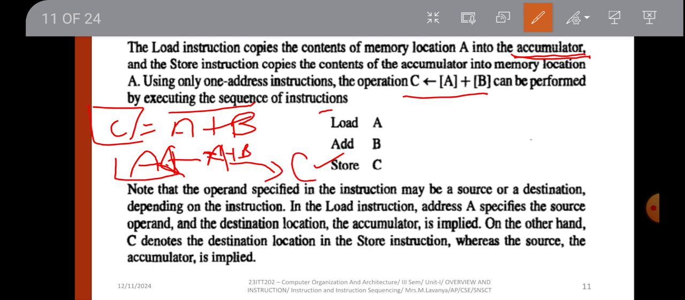So these are the three steps involved to perform the operation of C is equal to A plus B, where load, add and store are the operations to be performed, and A, B and C are the memory addresses which play the role of source and destination based on the instruction which we are giving on the operand. The operand specified in the instruction may be source or destination depending on the instruction. In load instruction, the address A specifies the source operand. In first instruction, A acts as a source,